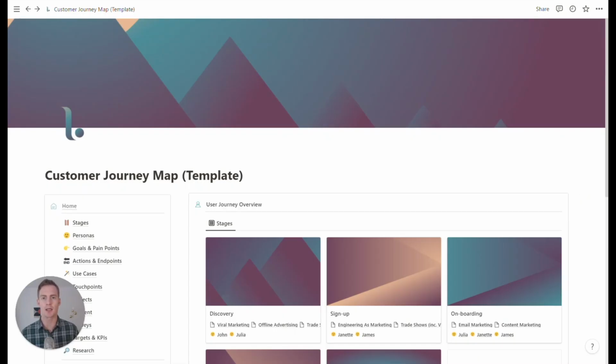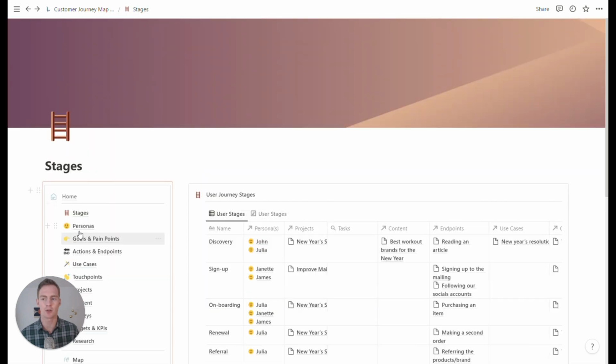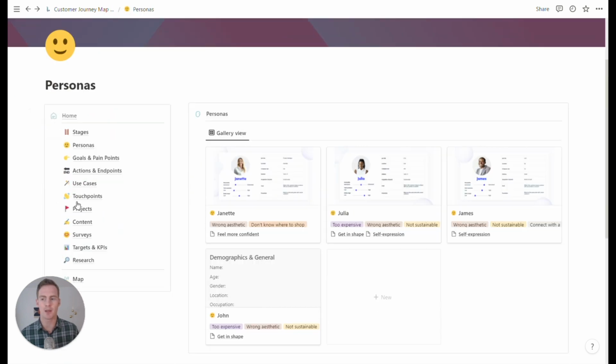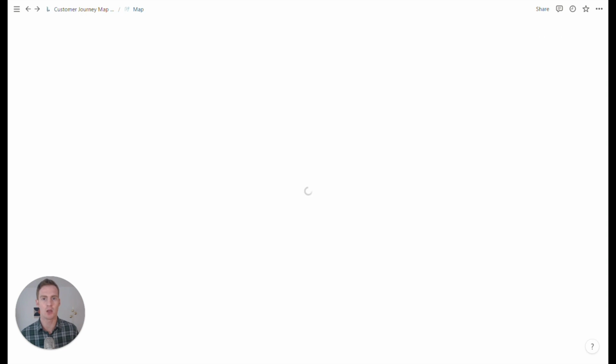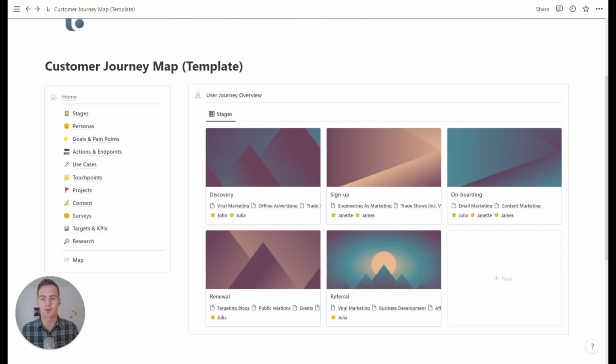If you'd like to duplicate it, you can follow the link and then hit duplicate in the top right corner. We have a left-hand menu which follows us around through all of the different workspaces. And then we have a map, which is hosting all of the databases that allow us to have this customer journey template. So on this home dashboard, I'm just going to rename this to be demo,